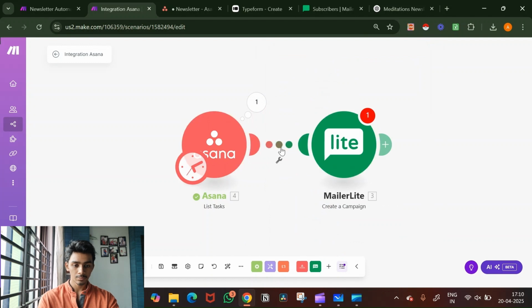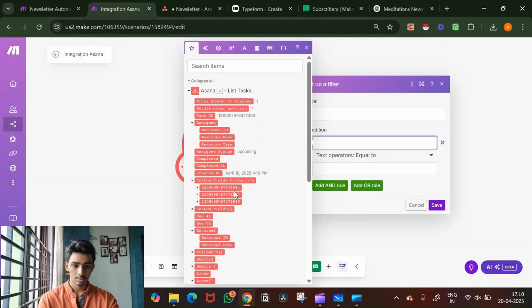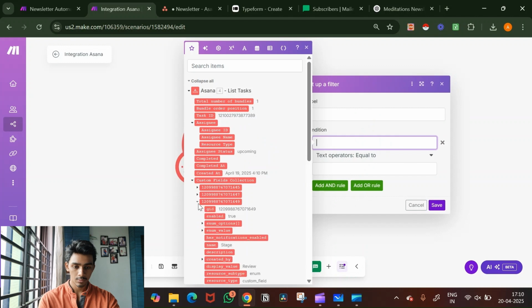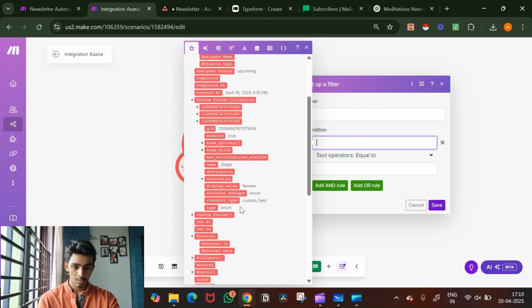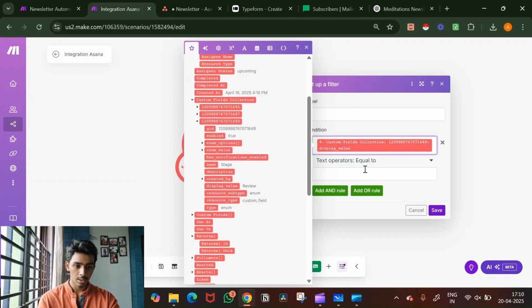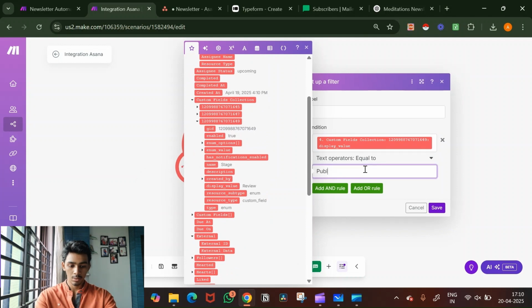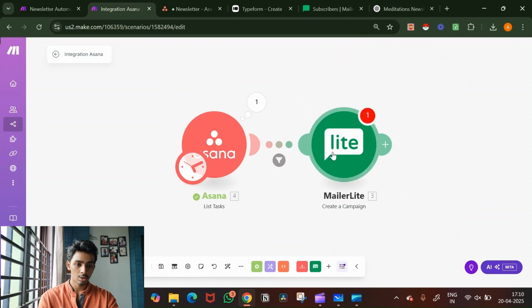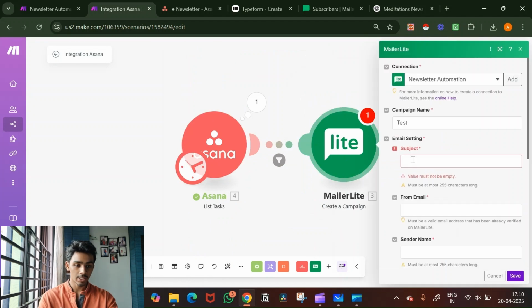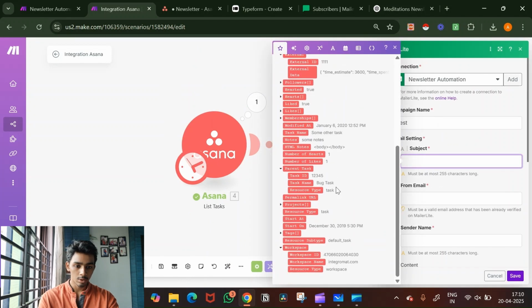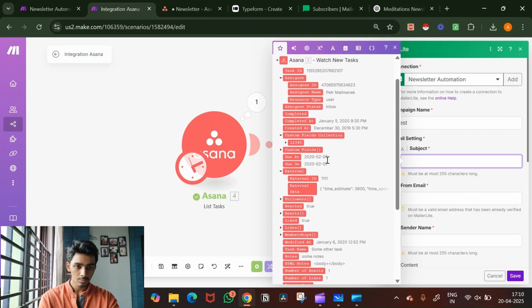Then we'll add a filter saying that if the custom field display says published only, then it will go through. So it will go and create a campaign. The subject line will be under,